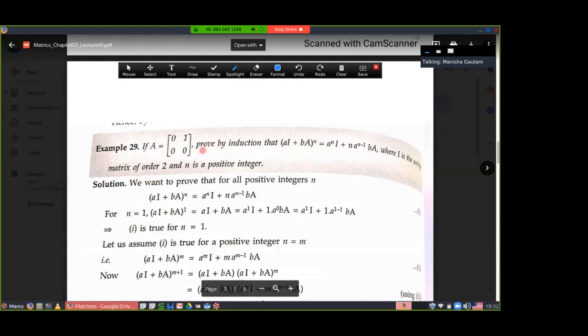We have studied chapter 4 in class 11th, mathematical induction. That process is applied on matrix to find the solution. What was that method? Recall it. First we put n is equal to 1 and it is true. Put n is equal to k. Suppose that it is true and then put n is equal to k plus 1. Prove that this is true by using second and first step.